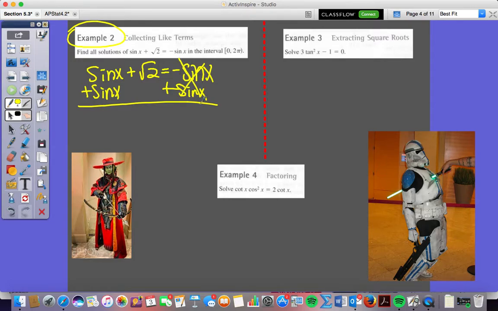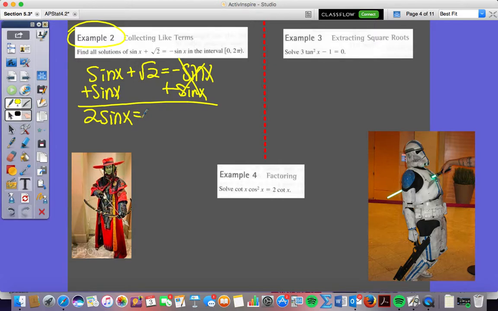Sine x plus sine x would be what? 2 sine x. It would not be sine squared, right? When would it be sine squared? Sine x times sine x. Good, Graham. It's when it's multiplied, right? When we multiply that. So because we simply add it, we would get 2 sine of x equals,